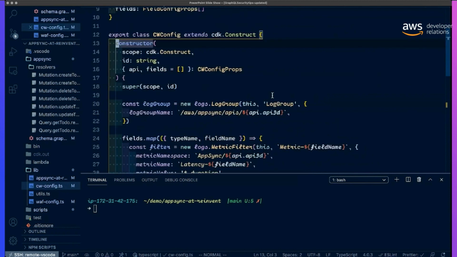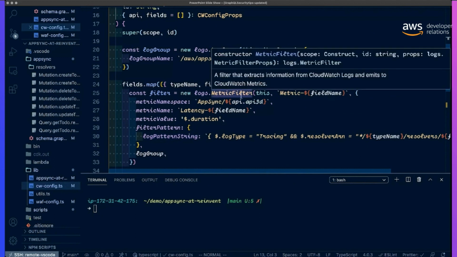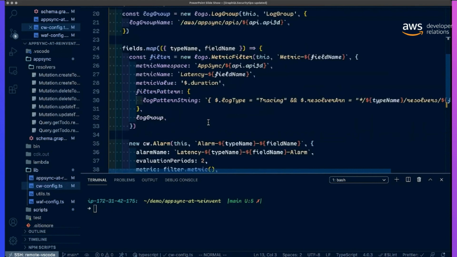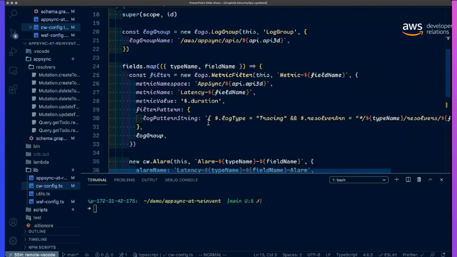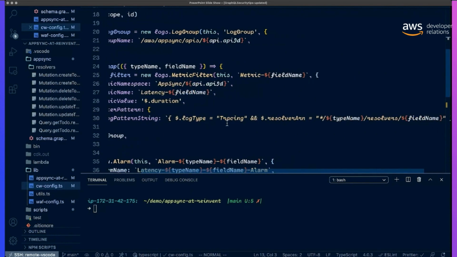You jump in there, and you'll see that I've created a log group, and for every field and field type, I can have a metric for the API. So I pass in the API IDs, a metric name, and a field name as the metric name. Then I can have a pattern that makes complete sense to my API, and that is the type. So not only the field name, but the actual type of that resolver.